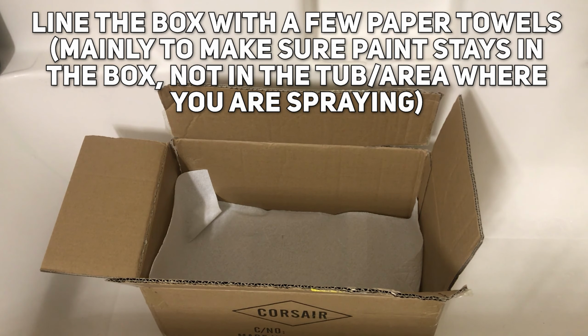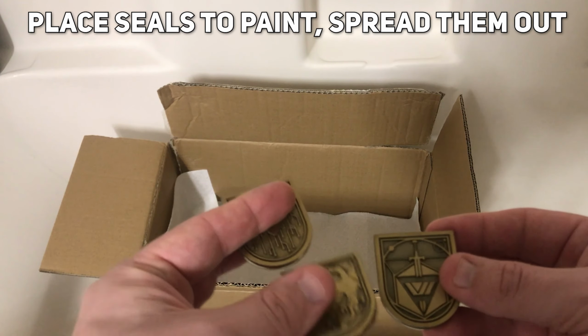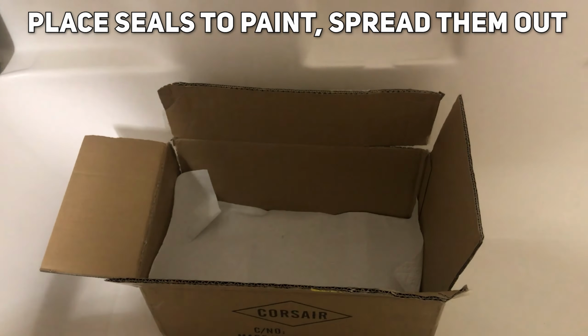You need to keep pets and kids away, especially if you have any birds. You need to make sure that you keep them away. They are very sensitive to spray paint and aerosols like this. Next up, what you're going to do is place the seals inside the box,